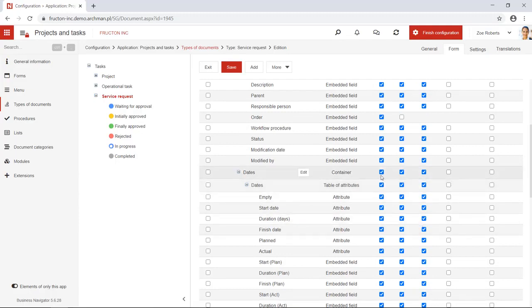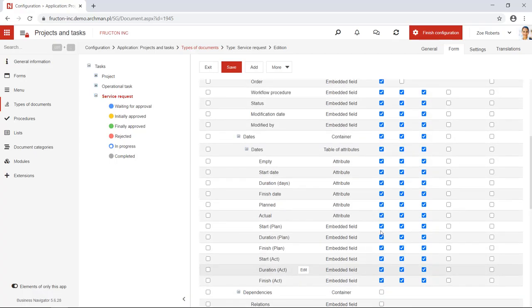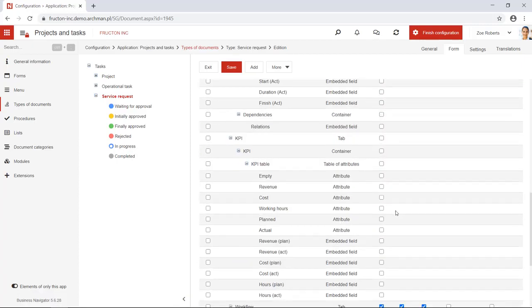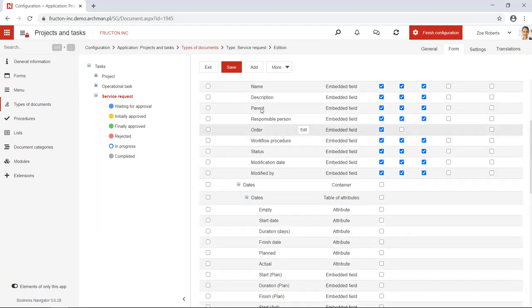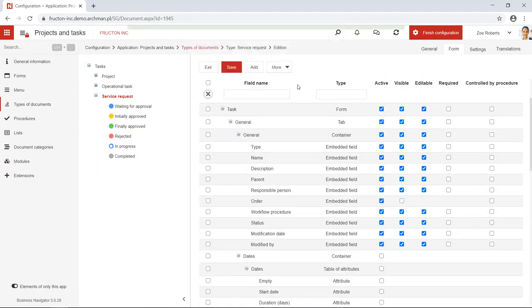So for example, I don't want to see the KPIs, and I also don't want to be bothered with the dependencies. And in fact, I might not use the dates. What I'll do, sorry, I will switch off the dates. I will save that. What I will use is,